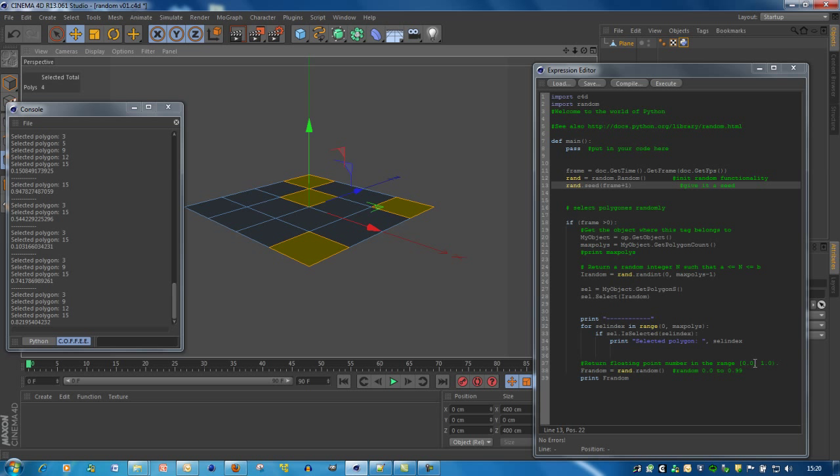So 0 is included, but 1 is not included. And as you can see here, this is the random number between indeed 0.0 and 1. I'll let it run, and then you see. And of course, in the end,